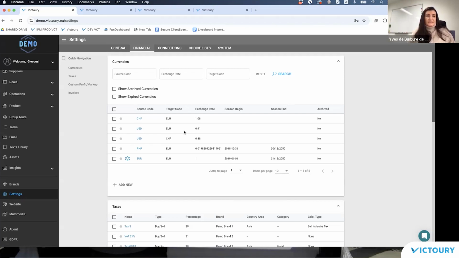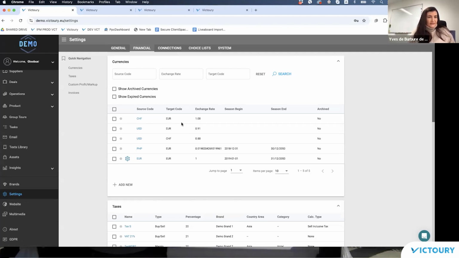The system always saves the value in your home currency also for accounting purposes. And what is important to have is your target currency, which is the Swiss francs, which we will be trying the deal in a foreign currency in. This is the Swiss franc to have an exchange rate toward the euro also.